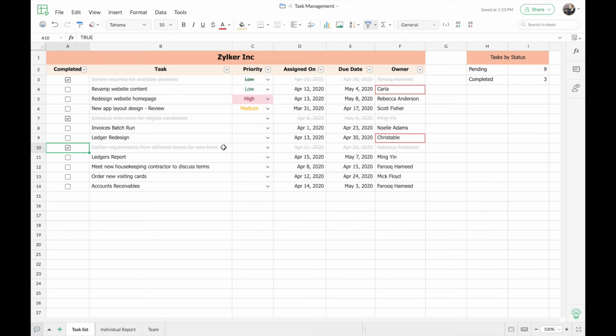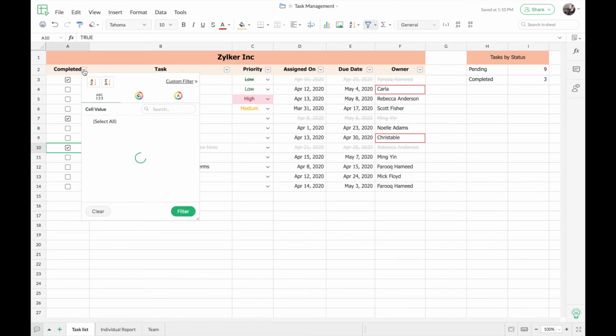So this makes it even more obvious at a glance as to which tasks have been completed. Now let's say you want an even more focused view of the task list that is being listed. So for that you can use the filter option. In filter you can use an option called named filters, where you can save the filtered views for later use. I'm just going to filter out those tasks that are still open.